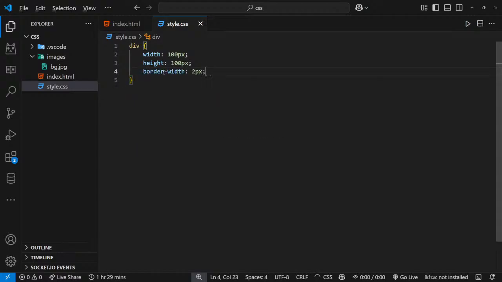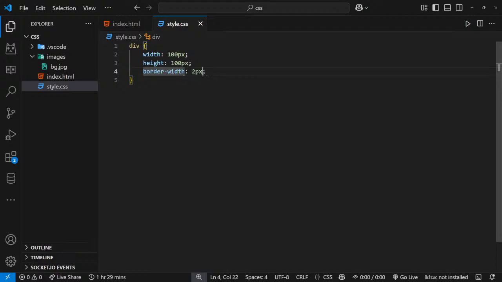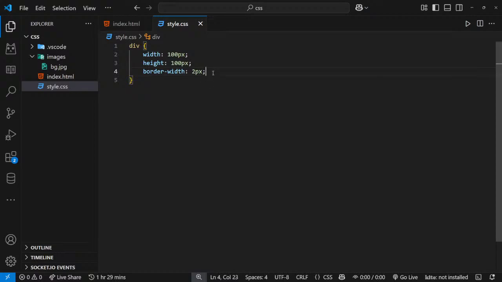Watch, it no go show. You see, as I give them border with 2 pixels, it no go show at all. It no go show. Because we only tell on the size of the border. We never tell on the color. We never tell on the type or the type of the border. So pay attention. The next thing we'll do is border